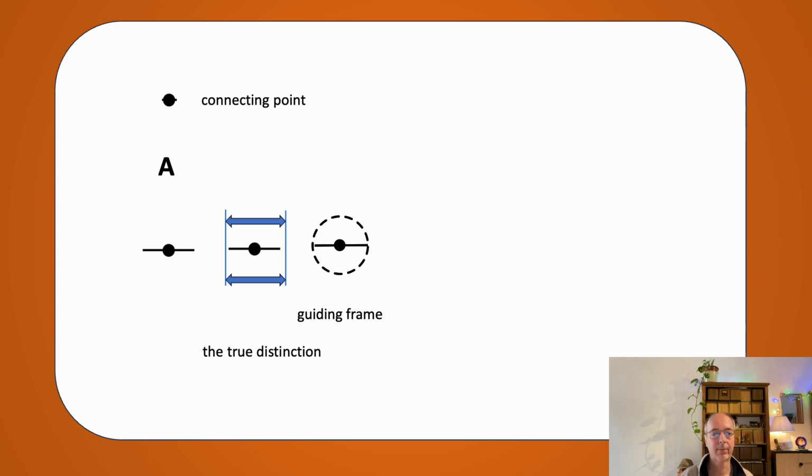Same for A. I already also said that A you can put as a connection point, or you can have this frame, if it's wider, it's larger, you have the horizontal plane, but it's also a distinction. And the circle with the horizontal line and the point in the middle, that's only a guiding frame. But you will have difficulties once you start to combine it with, for instance, the K, which is breaking apart the things. And then how shall I combine this? It will give me difficulties.